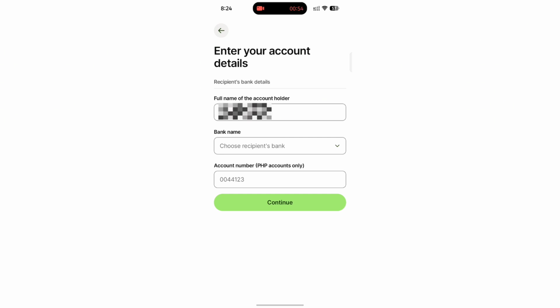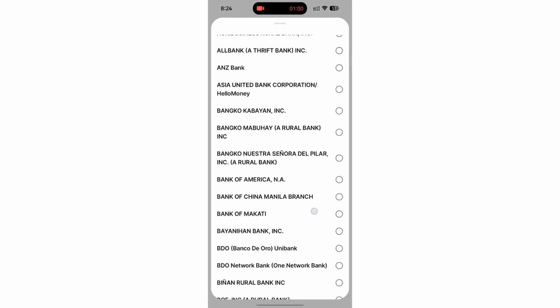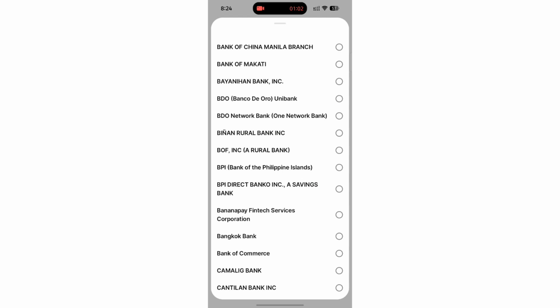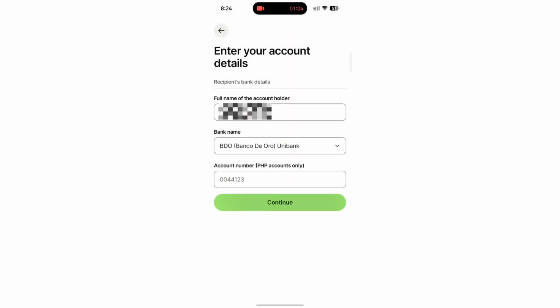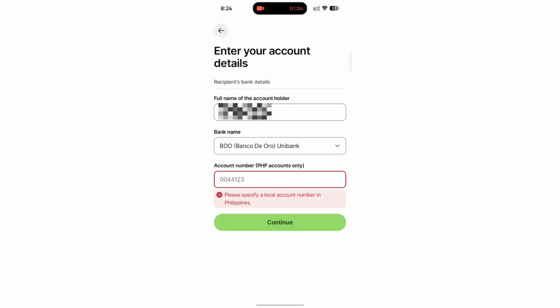and select bank name. So click on this bank name button and then you can go ahead and search from this available list the bank where you want to withdraw your money from Wise. Now enter your account number. Now once you click on next, you can go ahead and proceed on adding the amount of money you want